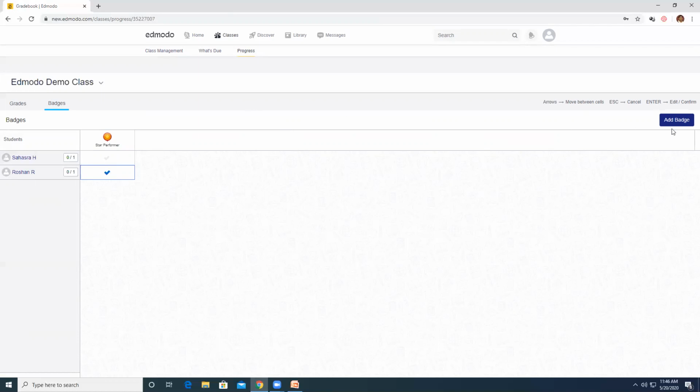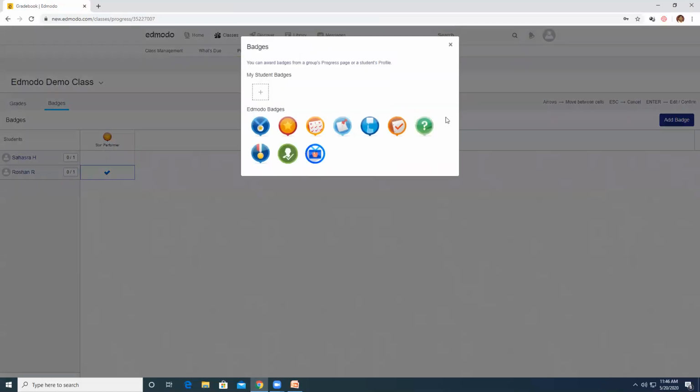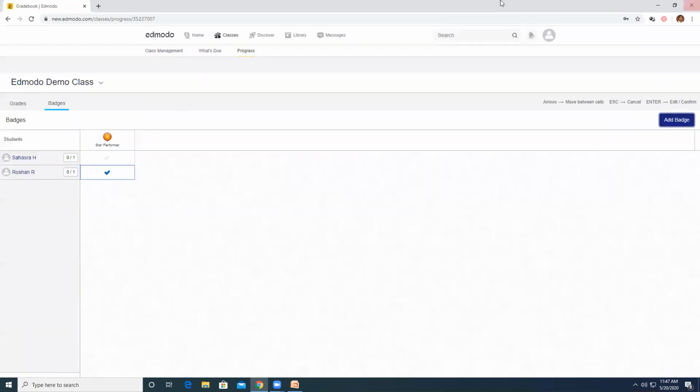So that motivates the students, and you can add more such badges. Perfect attendance, participant, homework helper, student of the month, good citizen, hard worker, good question, etc. So now I have given a badge to the student because his assignment is good.